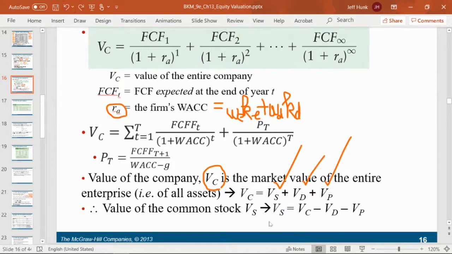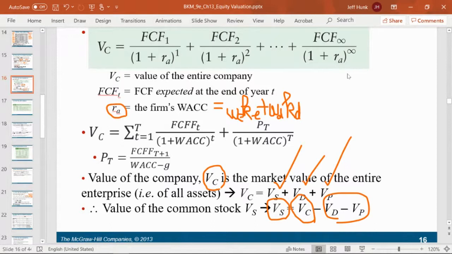And isolating the value of the common stock, of course, is the value of the company minus the value of the debt and the value of the